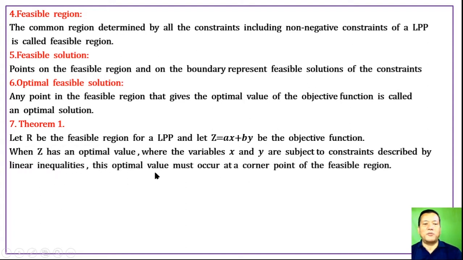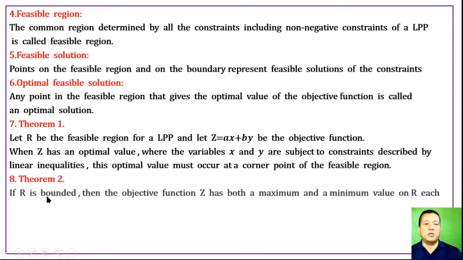inequalities, this optimum value must occur at a corner point of the feasible region. Z ki optimum value piba x amasung y hariba linear constraint sumut chumhanba variable se masi corner point da feasible region ki corner point da thokani haiba Z pu optimum value piba x amasung y ki value da feasible region ki corner point da soidana thokani haiba. Theorem 2: if R is bounded then the objective function Z has both a maximum